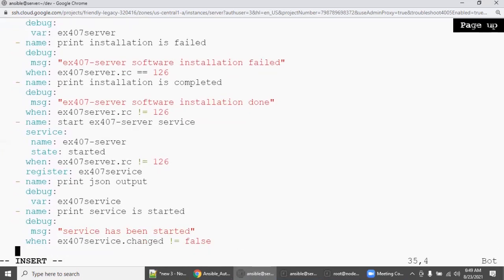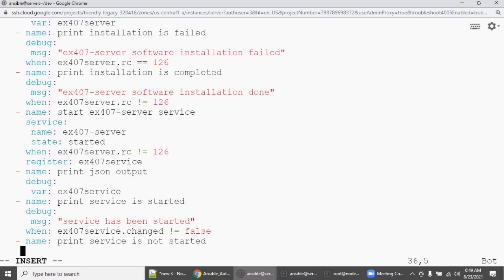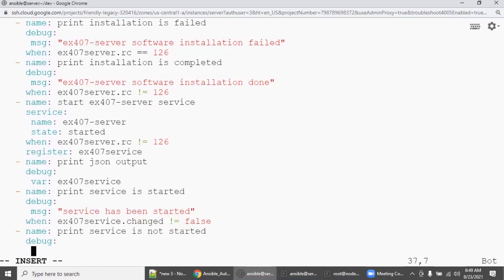And also you print the other scenario message. Print service is not started due to some issue, right? Debug message, because we are going to print a custom one.